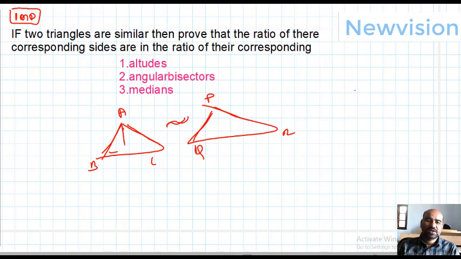Given these two are similar, what should we prove? Through A draw a perpendicular on the opposite side. This is called the altitude of this triangle for this base. So from here draw the altitude. For example, this is D, this is S. So PS is the altitude of this triangle drawn on QR. Now BC and QR are corresponding sides, that's why these two are called corresponding altitudes. So this theorem says that if these two triangles are similar, the ratio of their sides is equal to the ratio of their corresponding altitudes. Means we want to prove that AB by PQ is equal to AC by PR equal to BC by QR equal to AD by PS.